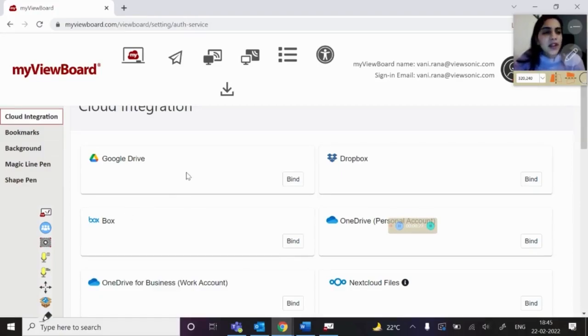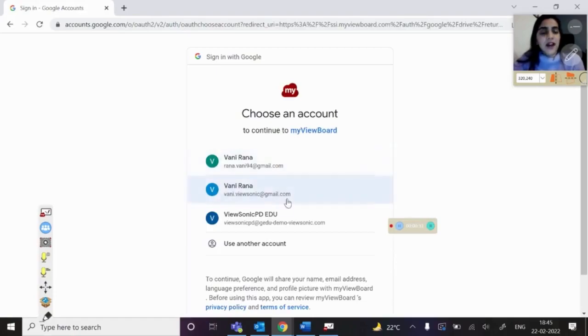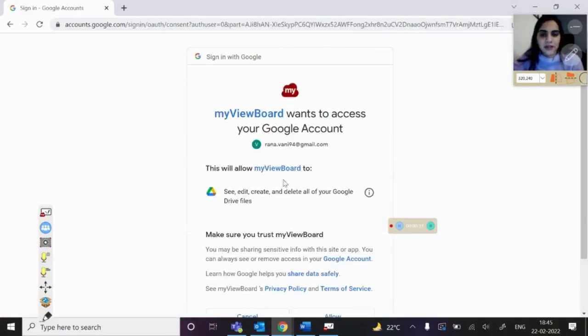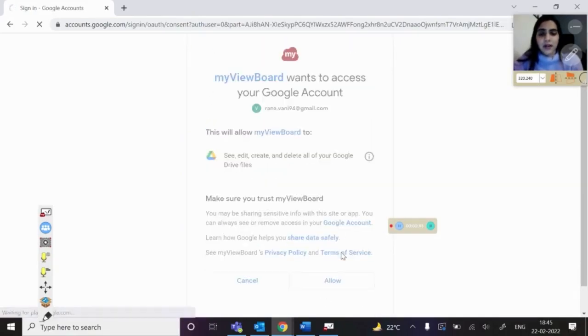So I would like to bind my Google Drive right now. When I click on this bind, it asks me to choose which account I want to bind with. So now, when I click on allow here,